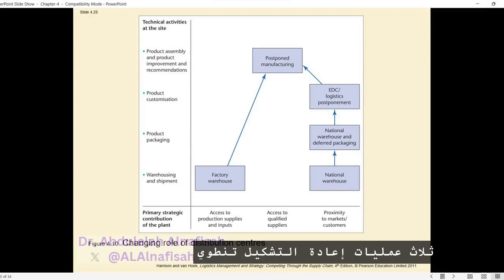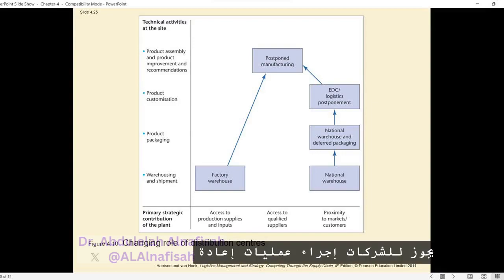3. Reconfiguration processes. Reconfiguration processes involve making strategic changes to the logistics network to improve performance and respond to market demands. These processes can include reorganizing the distribution network, modifying transportation routes, adjusting inventory levels, or implementing new technology systems. Reconfiguration is a dynamic process that requires continuous evaluation and adjustment to ensure optimal efficiency and responsiveness.